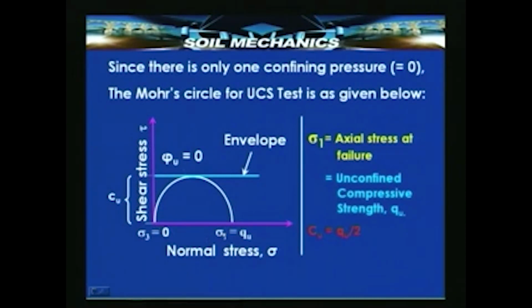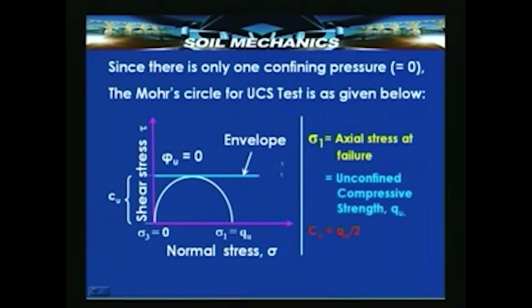This semicircle is the Mohr circle, sigma 3 being 0, this point will coincide with the origin, and sigma 1 is the axial stress at failure. If you draw a tangent to this, obviously this tangent here will give you the undrained cohesion, and sigma 1 minus sigma 3 is nothing but the compressive strength, and therefore, what you get here at sigma 1 is nothing but the unconfined compressive strength of the specimen, that is Qu,